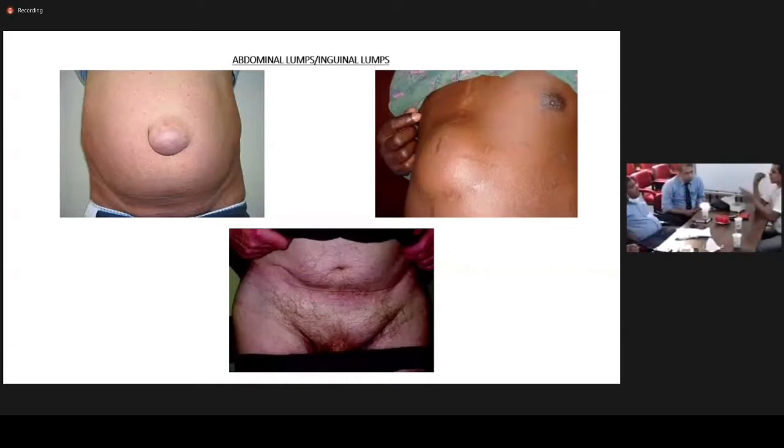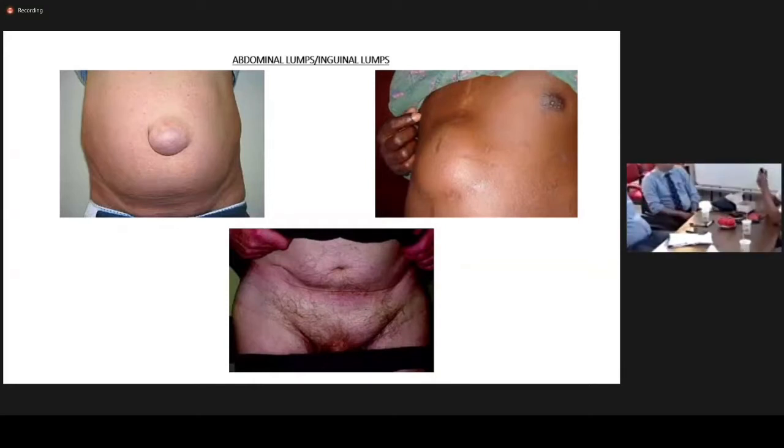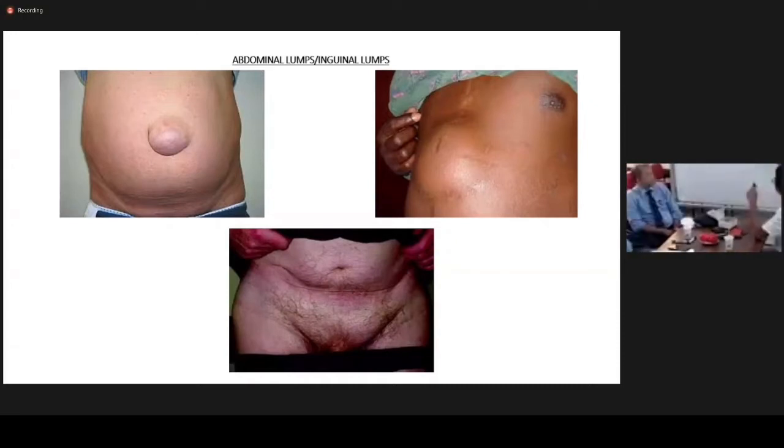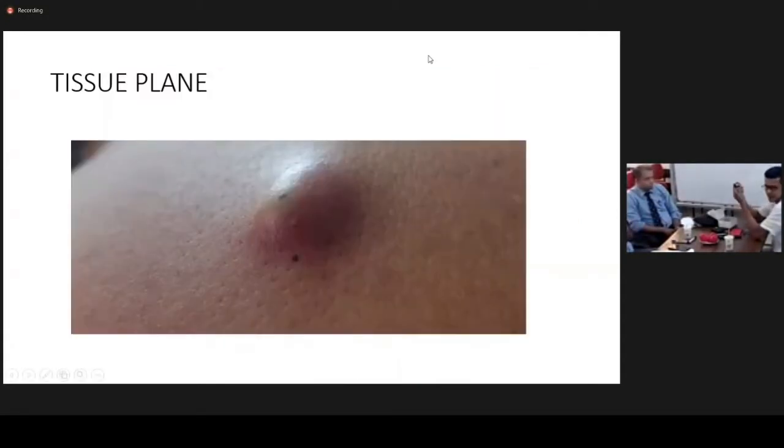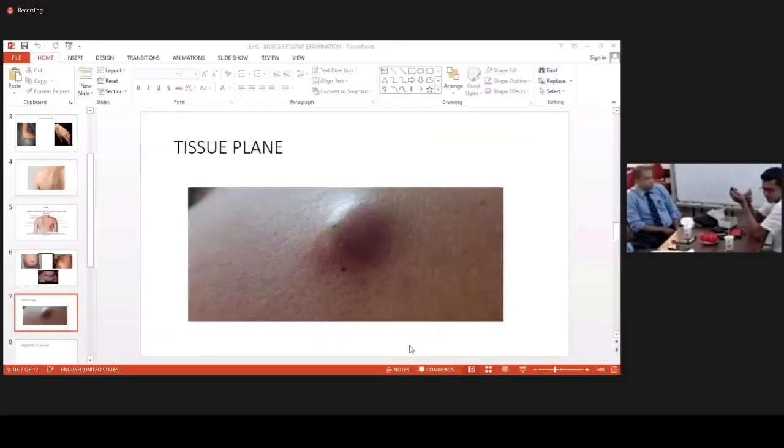So just to summarize what Pramod said, let's say a patient comes to you. The diagnosis can be anything. Then you narrow it down. Let's say, for example, the wrist. There are certain anatomical structures under the wrist. For example, you get tendons, you get the joint, you get the nerves, you get arteries. So these are the structures that can give rise to a lump in this region. So you narrow down based on the anatomical structures. Okay, these are the possible structures that can give rise to this lump.